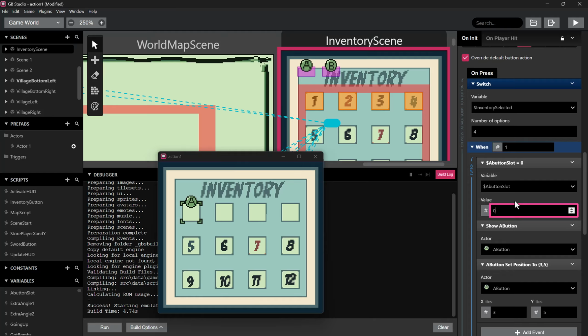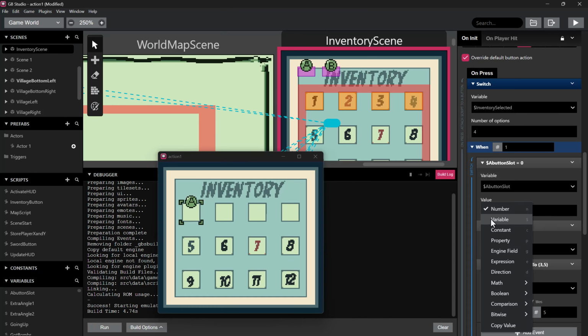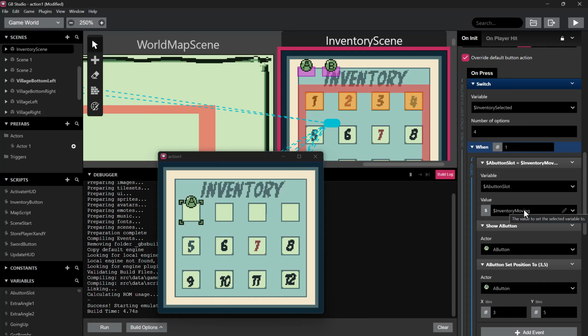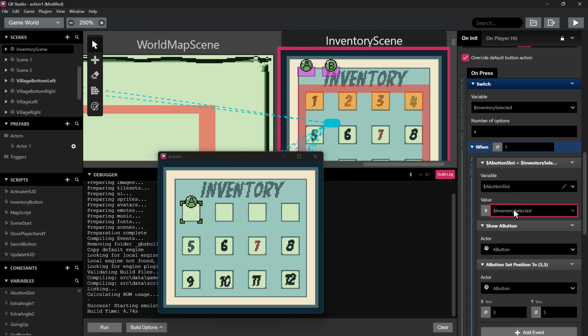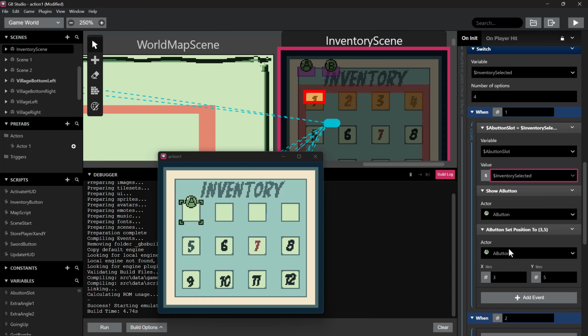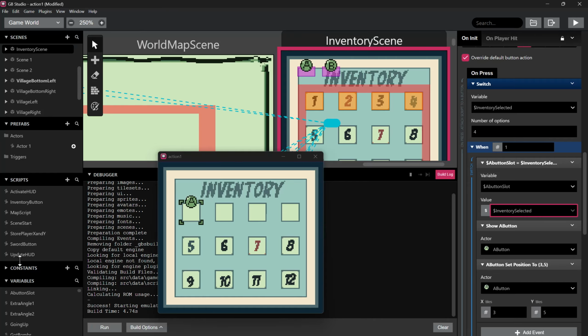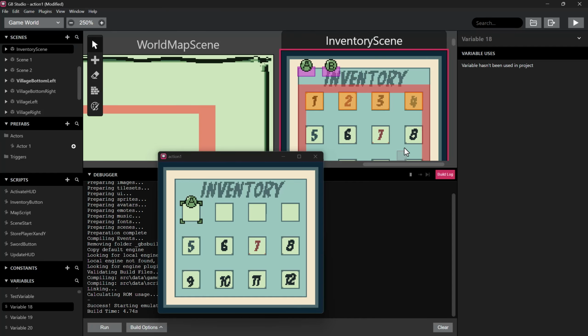Yeah, so A button slot. And if it's on 1, then actually I could just set it to A button slot to inventory selected, so I don't have to change this for each one. So the A button slot is going to go to inventory selected. Let's see. I'm going to do another variable. So I'll just add it over here, variable 18, and I'll say B button